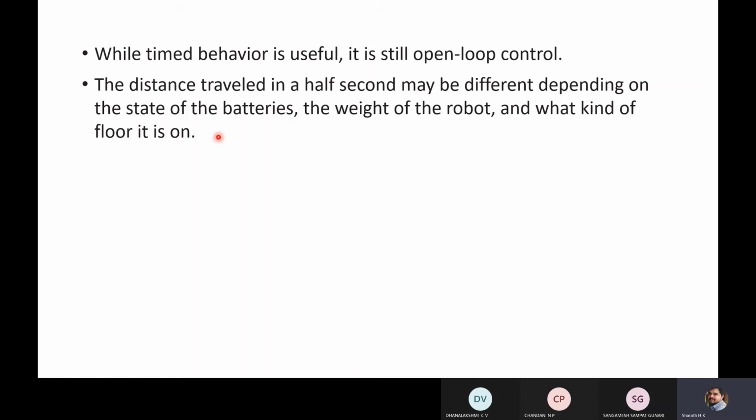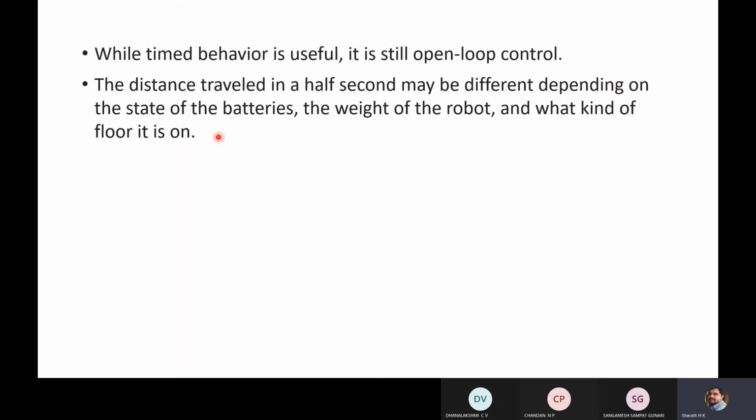Depending on the terrain, whether the surface is plain or not, if the surface is not plain, the distance moved may be less. If the weight of the robot is more, the movement you can achieve in 1 or 2 seconds may also be less. It depends on various things.